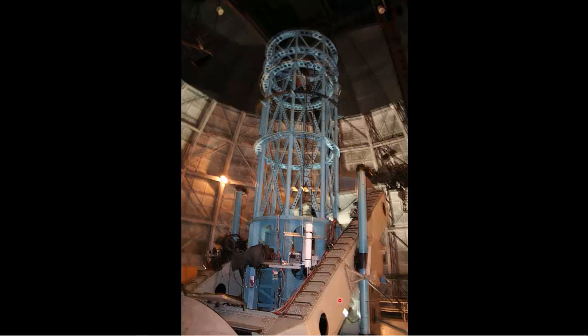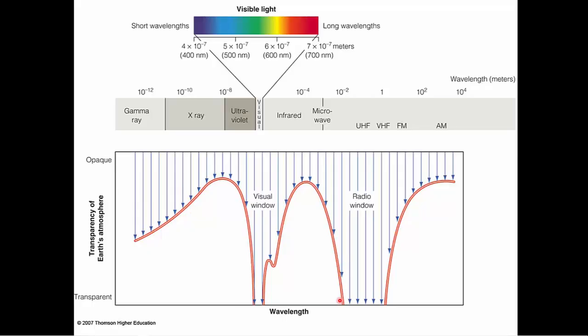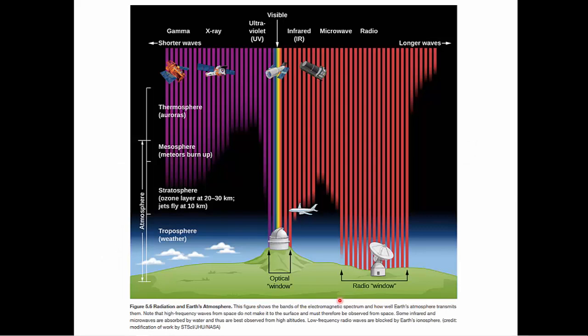So there's our little tour of visible telescopes. This took a bit longer than I thought, but interesting anyway. Here is something we have to take into account when we start going outside the visible part of the spectrum, that some of these things don't get through the Earth's atmosphere. There's a visual window and a radio window, but if you want to look at gamma rays, X-rays, or ultraviolet, or most of the infrared, or microwaves, or most of the radio spectrum, you're going to have to do something else. And here's a picture from your textbook that basically shows the same thing,